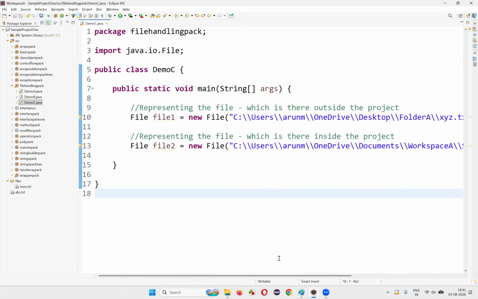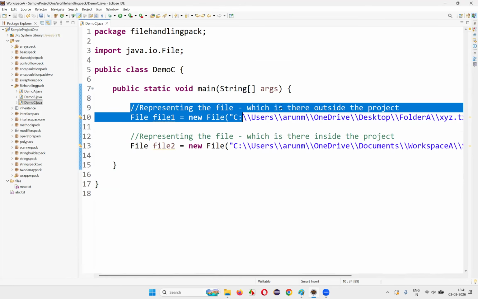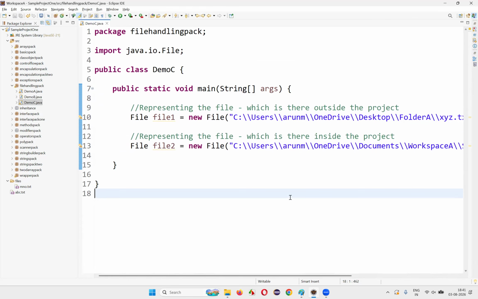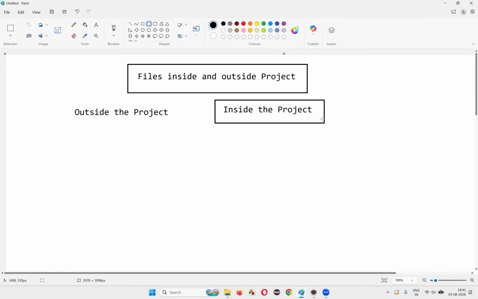So which one is better, guys? Which one is preferable: representing the file which is there outside the project, or representing the file which is there inside the project? Let me explain that. Here, I just wanted to show you practically that you can represent a file which is outside the project in your Java program, and it is also possible to represent a file which is inside the project, like I showed you. But which one is better? Inside the project is better. Why? For example,